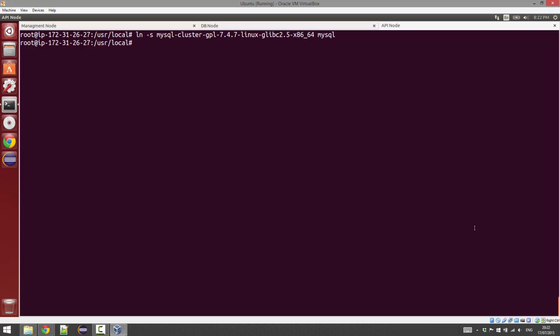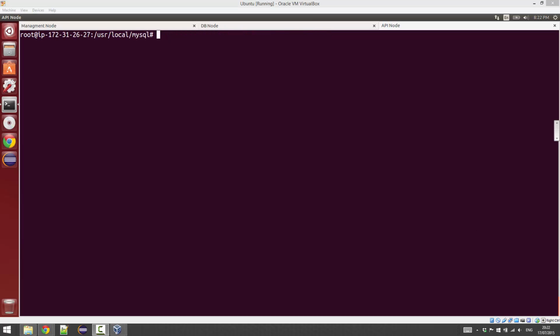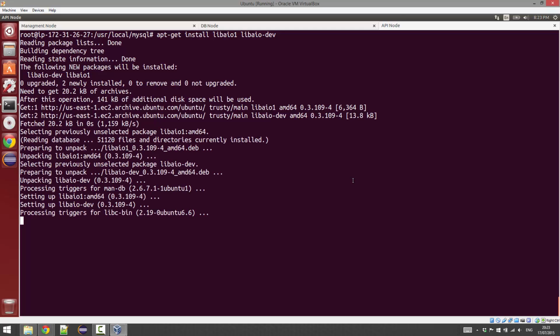Now we're going to go into the MySQL folder. We also need an additional library to be installed on this instance for the API node. So I'm just going to go ahead and install that, and this is libaio. Okay, once those libraries are installed,